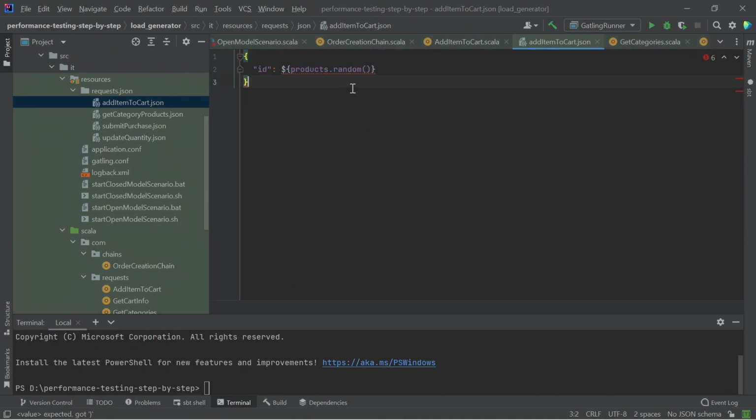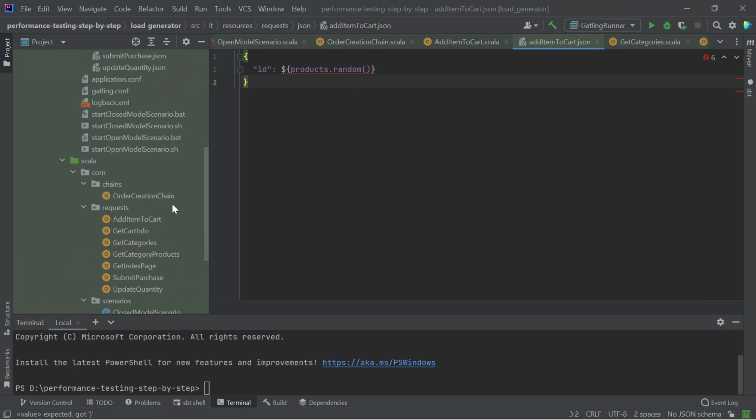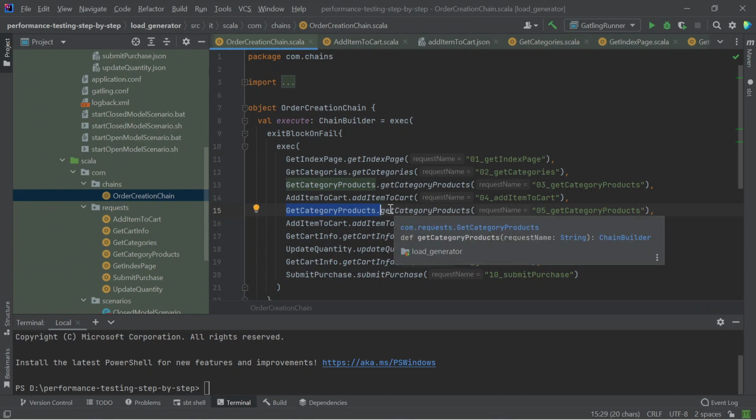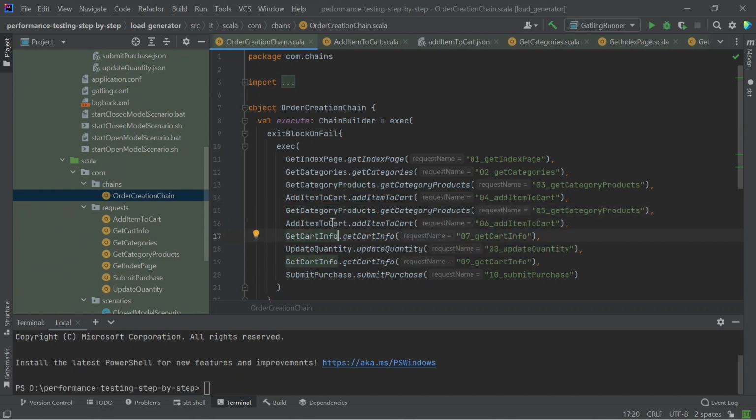And here the product ID is randomly selected from the previously created products variable. After that, there is a repeated request to get category products, as well as another adding of products to the cart. Next, we get information about which products were added to the cart in the previous steps.